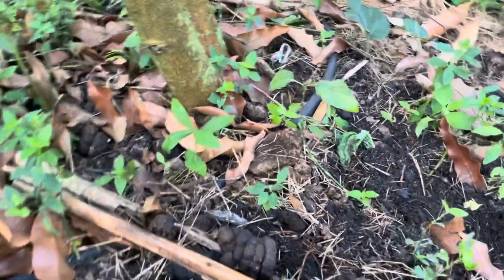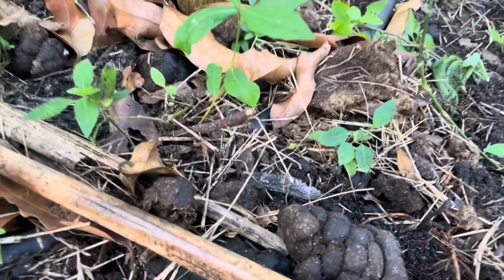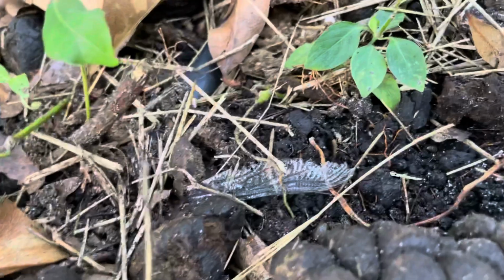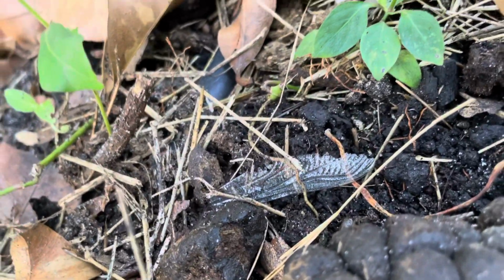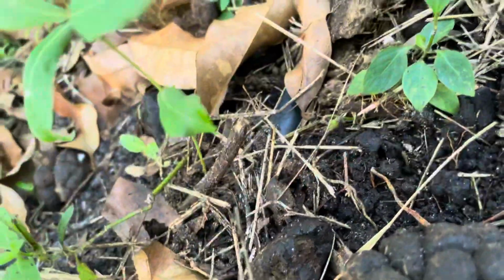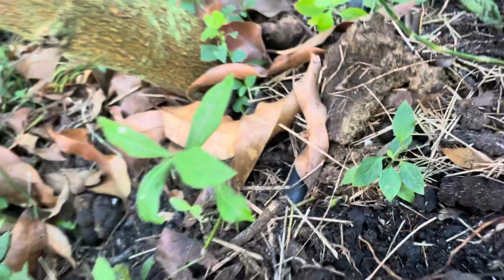What is that? Is that plastic? No, it looks like a, is that a wing? Yeah, it's a dragonfly wing. Thought it was a piece of plastic. Anyway,